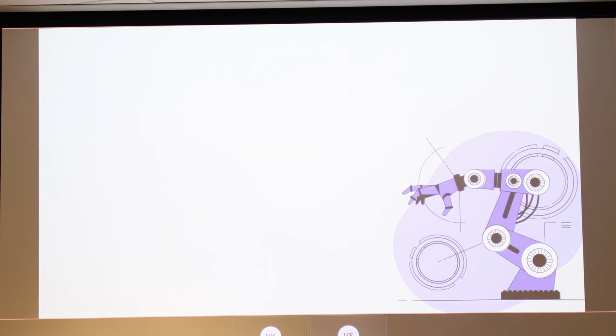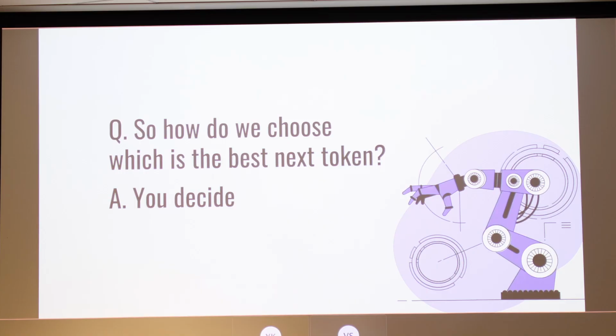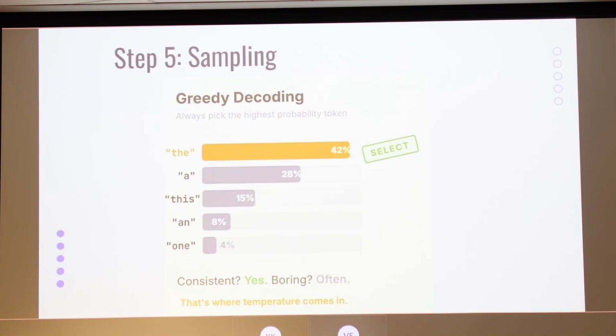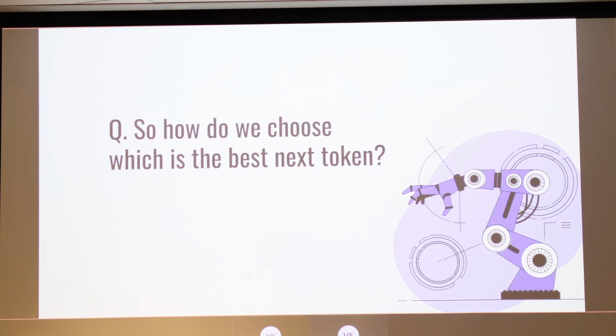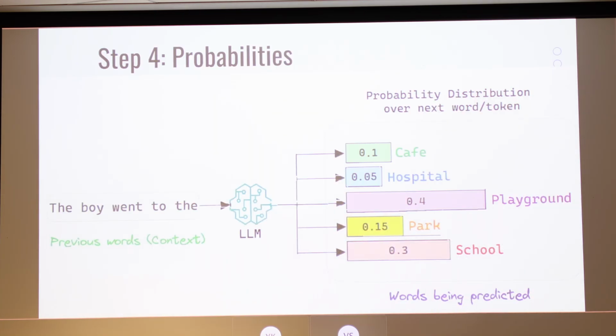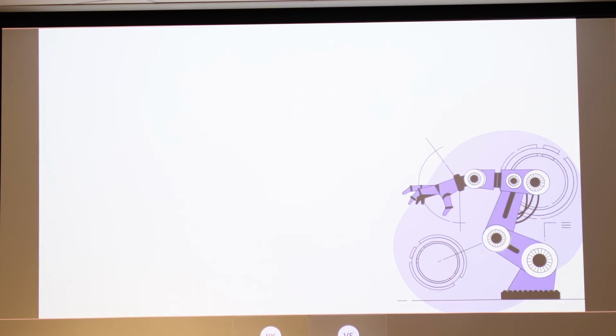Exactly. So basically, who decides which word to use is actually you. You get to decide which word gets put in next, and the way that you decide is through temperature. This step is called sampling. The basic sampling process is using the greedy algorithm, which means the highest probable word will go in next. In this case, where we had "the boy went to the," the highest probability is playground, so playground will come in next.